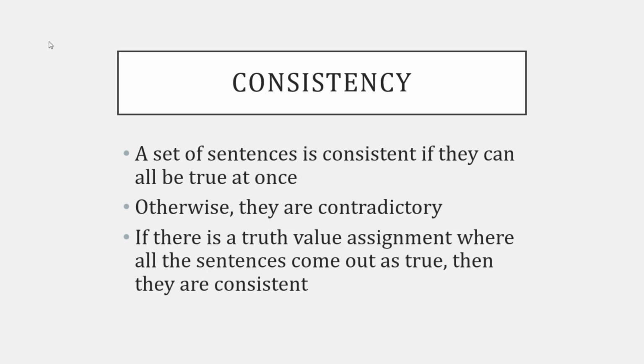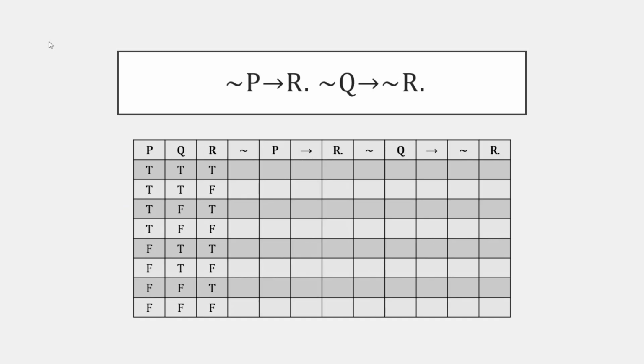And one final thing that we can do with these truth tables is show that a set of sentences is consistent. So a set of sentences is consistent if they can be true all at the same time. That is, we just build a truth table with all of the sentences in it, and if there's any row in which they all come out as true, then they can all be true. Otherwise, they're contradictory. So if there's no row where they all come out as true, then those sentences contradict each other. So here are just two sentences,